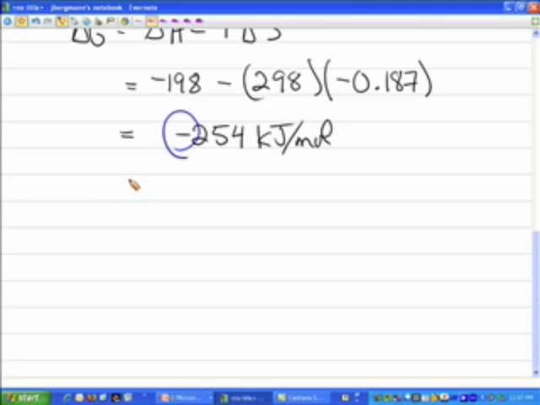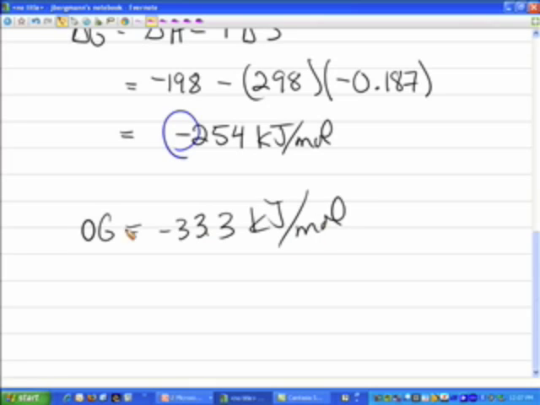So, in this particular problem, we know that delta G is negative 33.3 kilojoules per mole. Okay, so now what you're going to do, and here's something important, is that delta G is negative 33.3 kilojoules